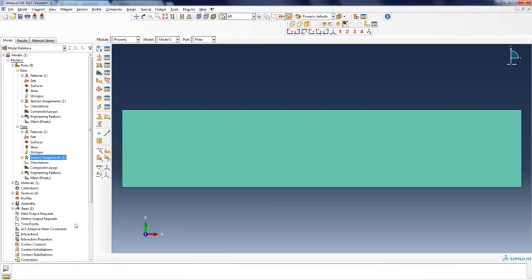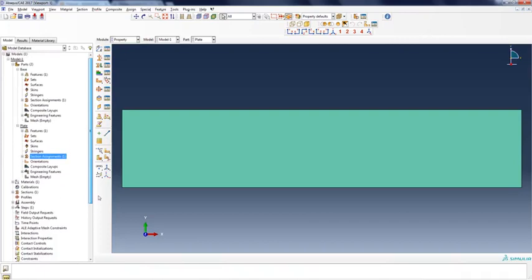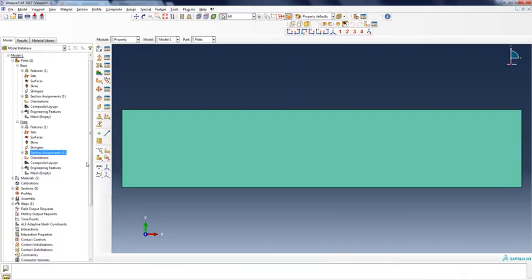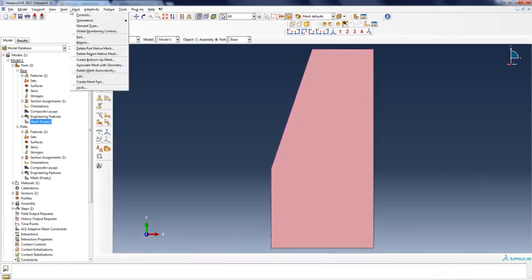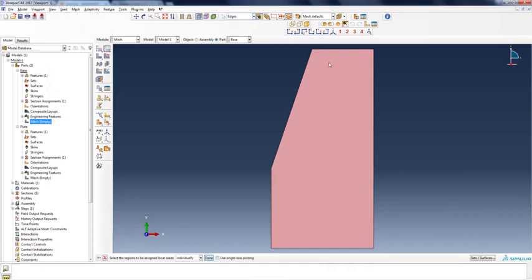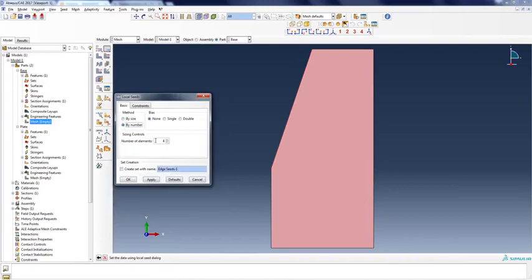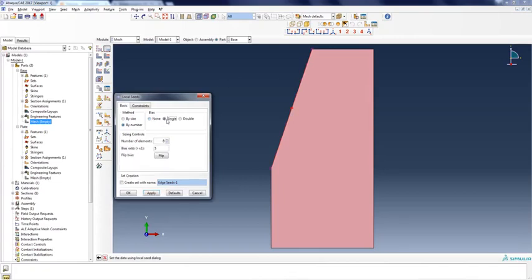Now, then we create the mesh. For the base, this is a rigid body, so the mesh itself doesn't really matter that much, but since we have a contact problem, you may want to control your mesh a little bit. So you may want to have some higher number of elements to see how it goes. You could also have bias.